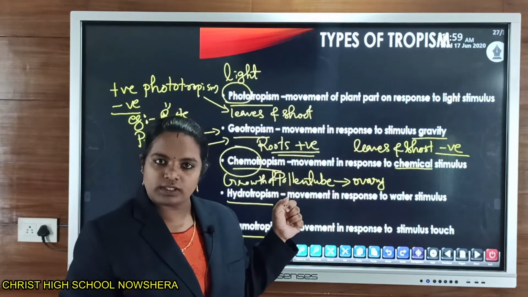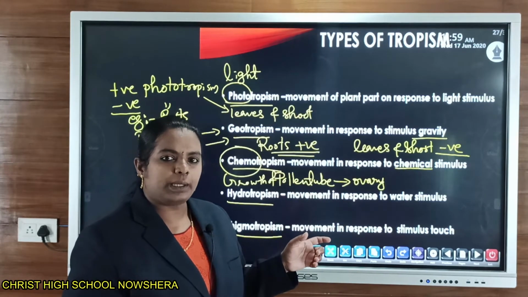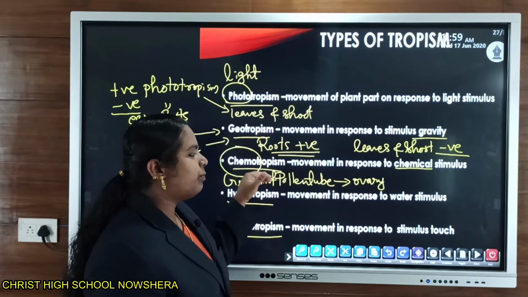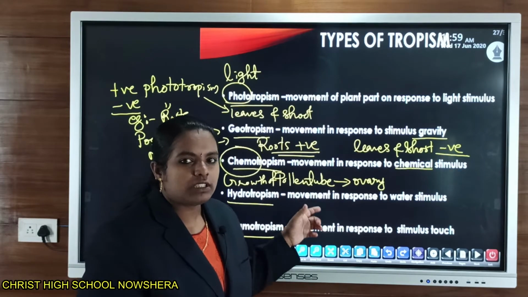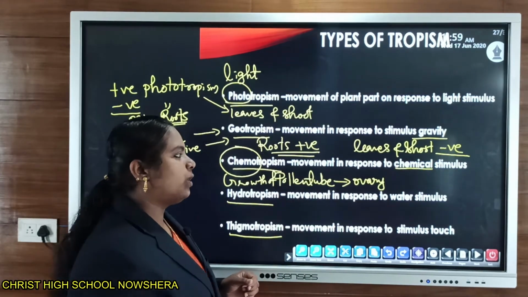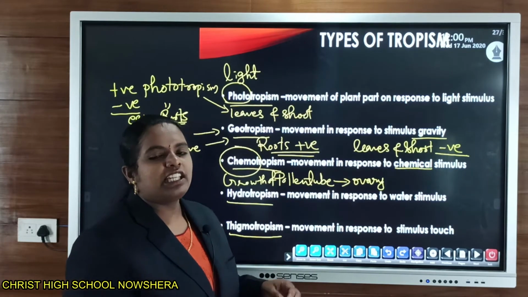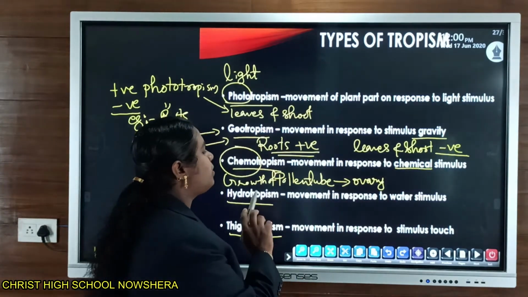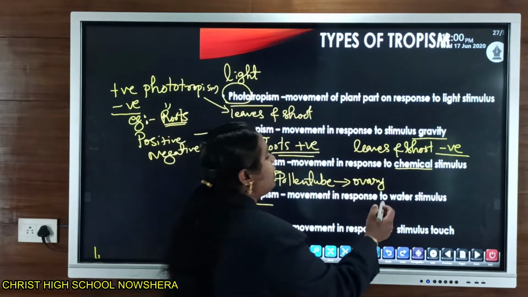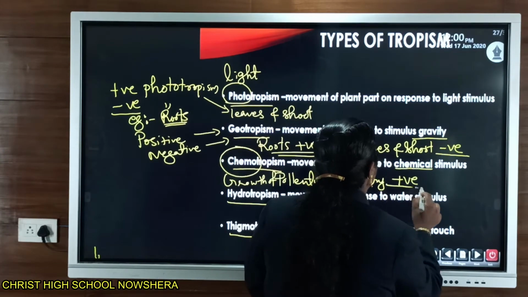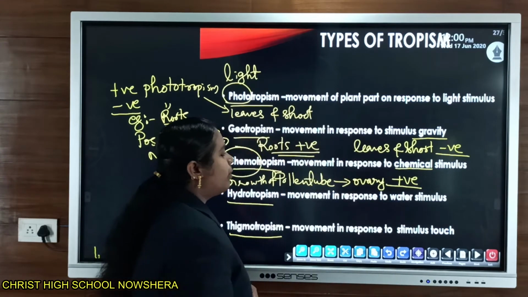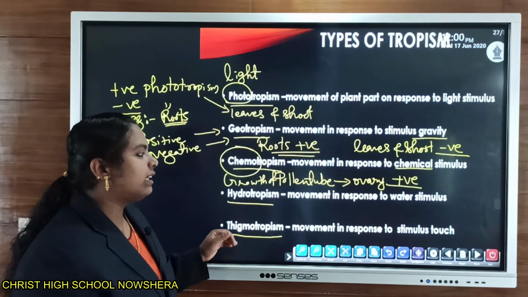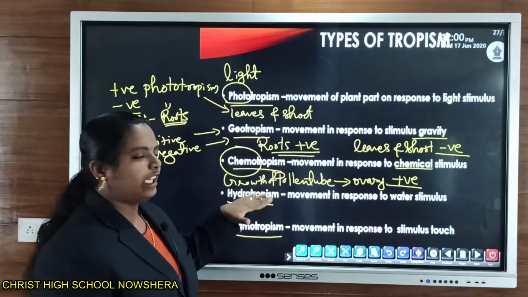Ovary contains ovules. So during the process of fertilization, the germination or growth of this pollen tube through the style is normally the result of secretion of certain chemicals which are present in the stigma region. Clear? So we can see that the growth of pollen tube towards the ovary shows positive tropism, or we can say it is an example of positive chemotropism. Then other parts of the plant normally show negative chemotropism.